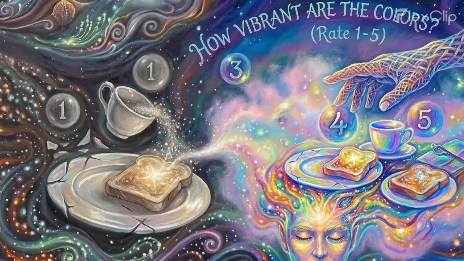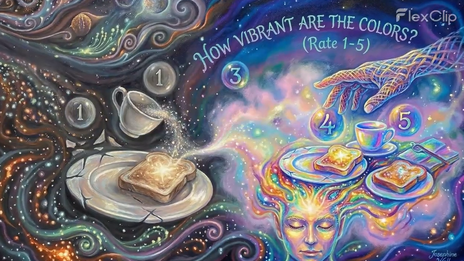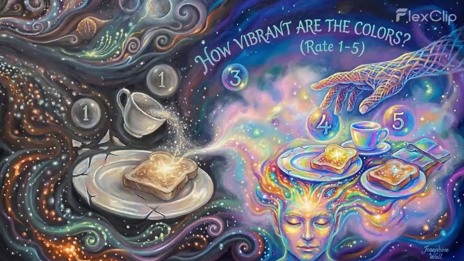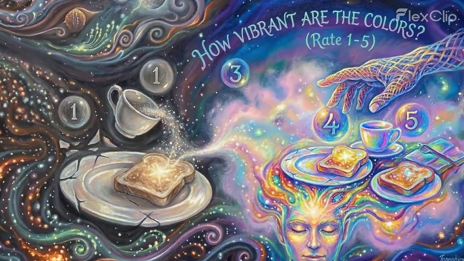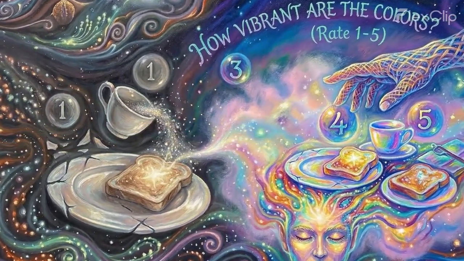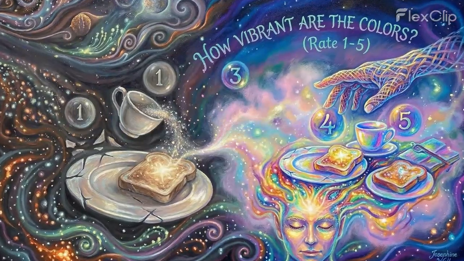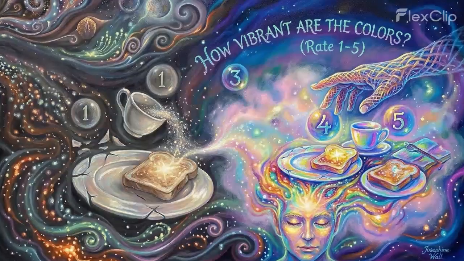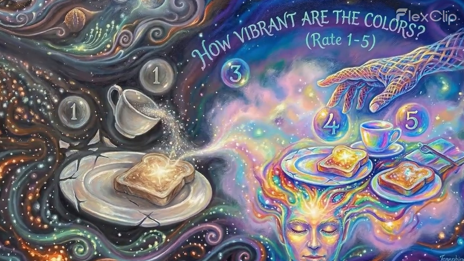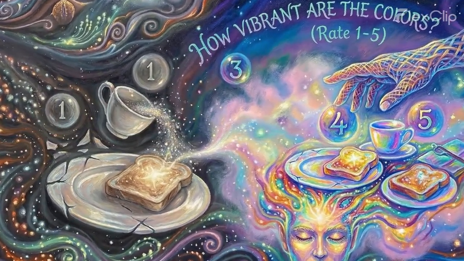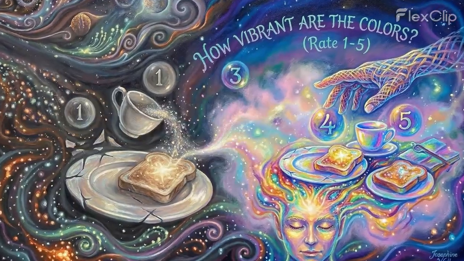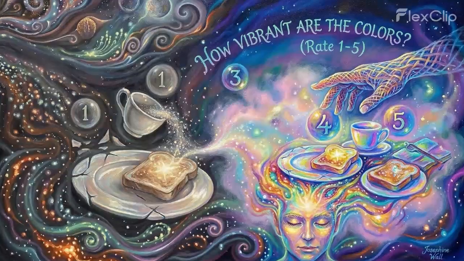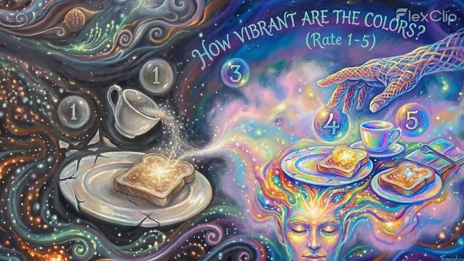Is it a vibrant, photorealistic representation? Can you see the specific warm mahogany tones of the wood? Or the exact pastel blue of the placemat? Does a piece of fruit on the table appear with the same bright, saturated yellow or red as it does in the physical world? Or perhaps your mental processing is utilizing a different visual strategy. Is the color muted? Does the image appear more like a washed-out, sepia-toned photograph, where the concept of the color is present, but the sensory experience of it is significantly dimmed?